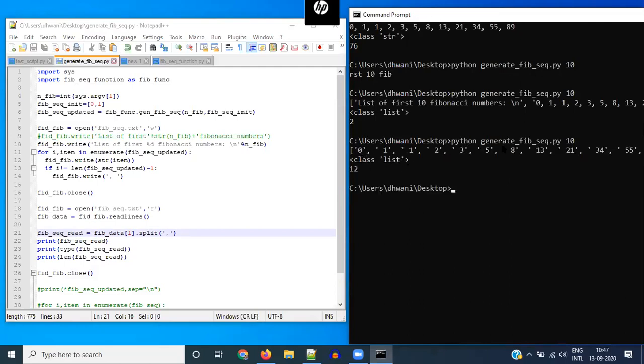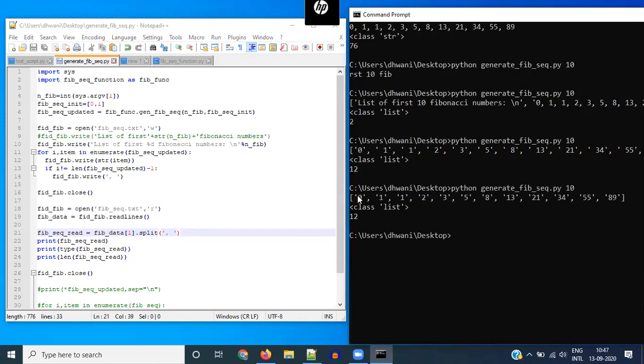So again, it's a list and each element is a string, but you can also see that some of these have spaces just before the number. So we can also add a space after this comma if we also want to remove the space out. And you can see that the length is 12. That's how many numbers we had written. So now we can add a space after this comma and run it again. And those spaces should now be removed.